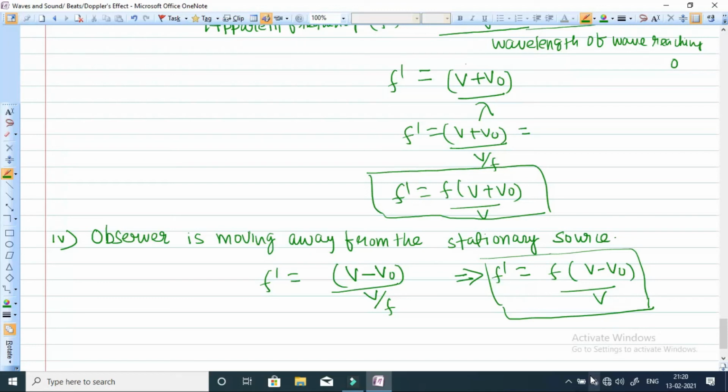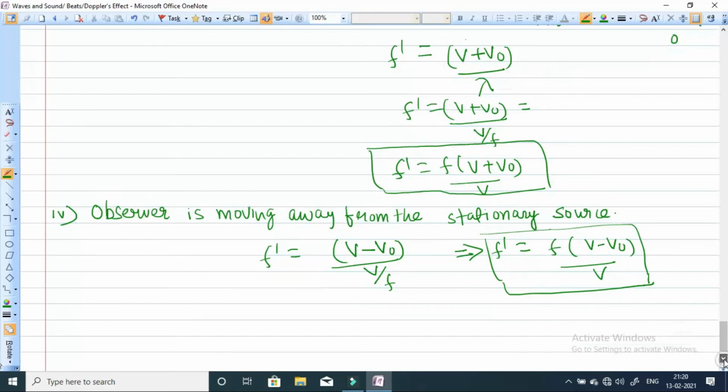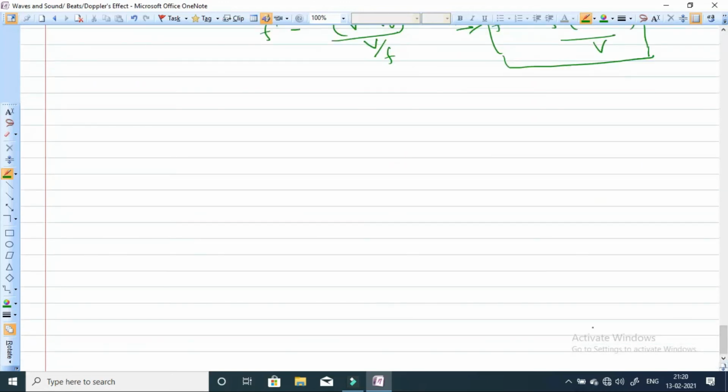If both move away from each other, the next case we can also analyze. Individually we have analyzed. Now suppose the next case we can also analyze: source and observer move towards each other. So we can combine the two cases when the observer is moving towards the source and the source is